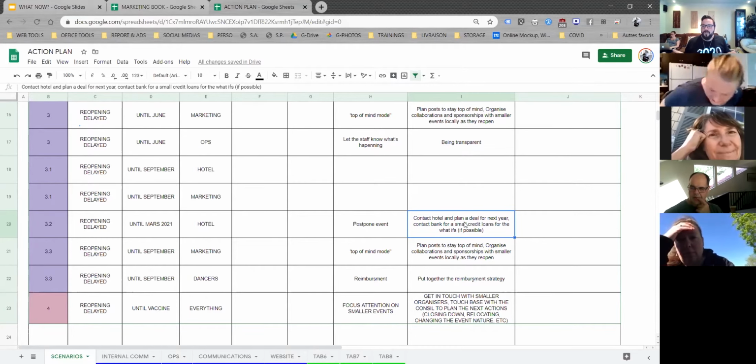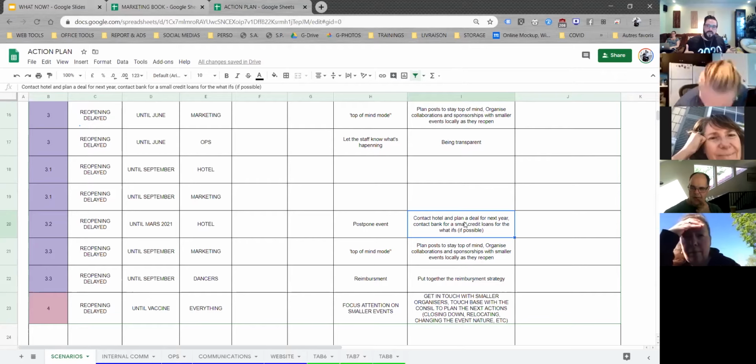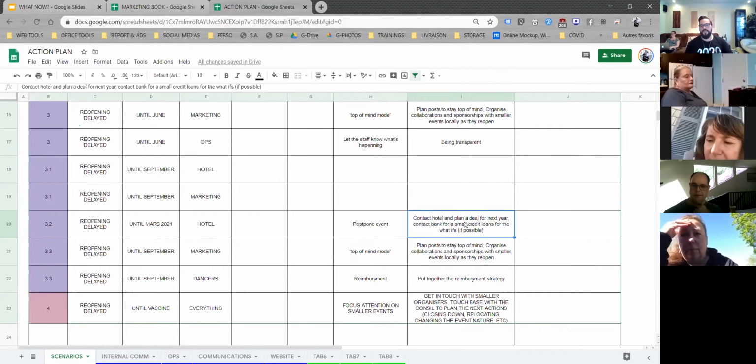That's even better. What we want is to be able to adapt quickly so that we can maintain our community as strong as possible and make sure that whenever we can come back, there is something happening. We want to keep people dancing. This is our end game, right? Good. Any questions about the system?